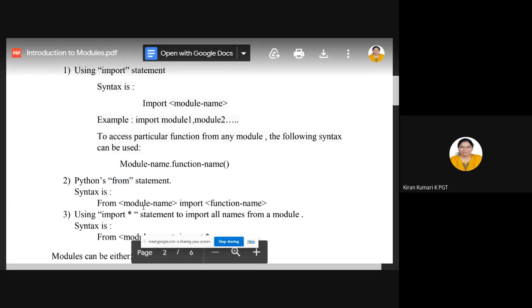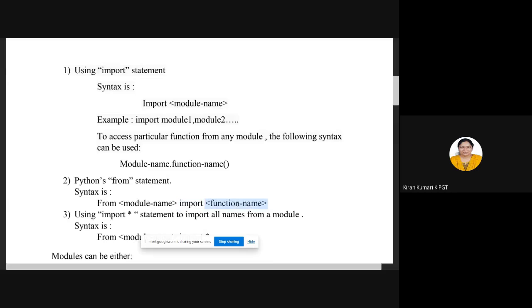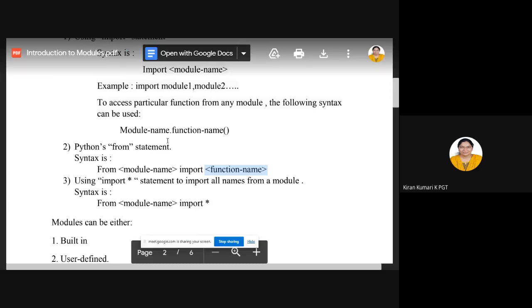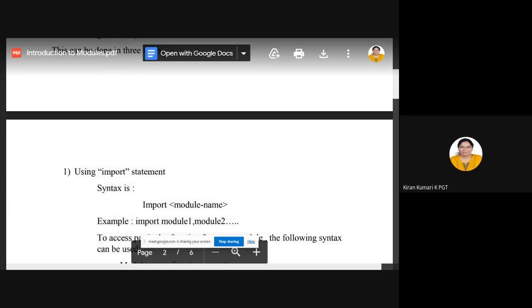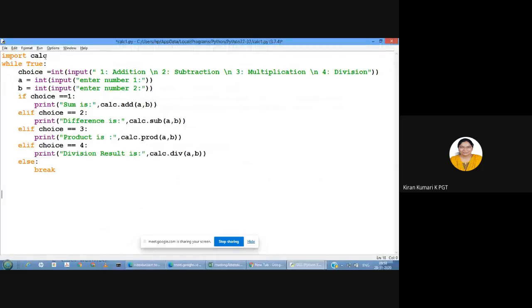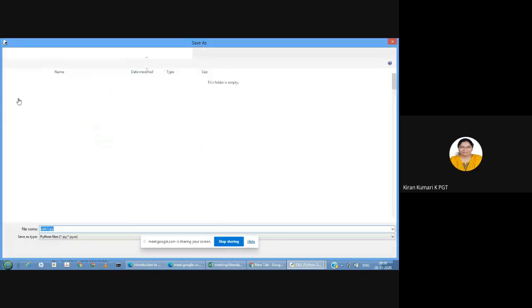From module name, import that function, only addition if you want, only that particular part. See, import in this example, what I have shown you, all are accessible. Just calc I mentioned. So whatever functionality we have defined inside calc, all those functionality is accessible. But if you want to access only addition function,